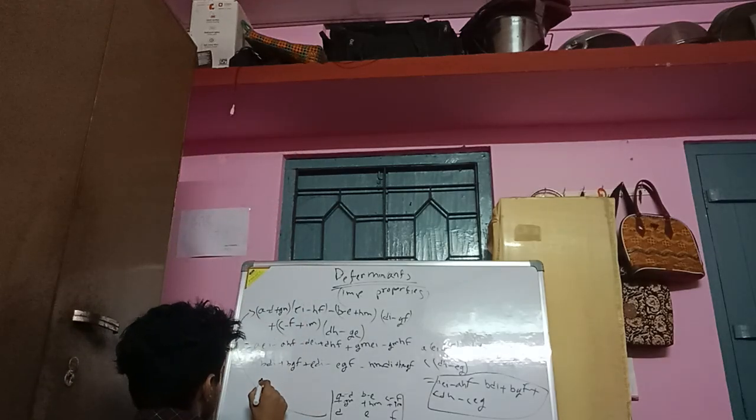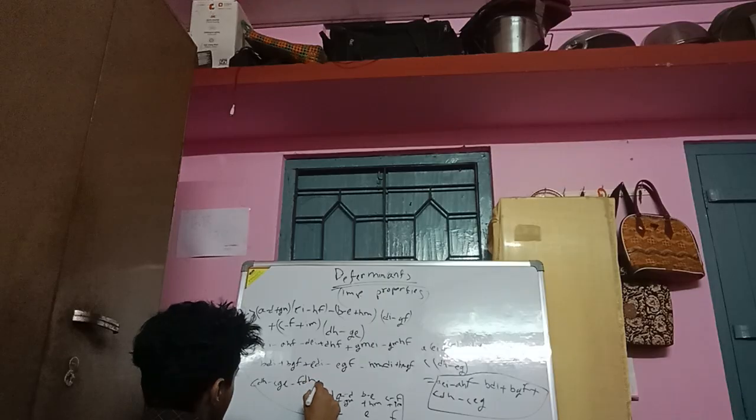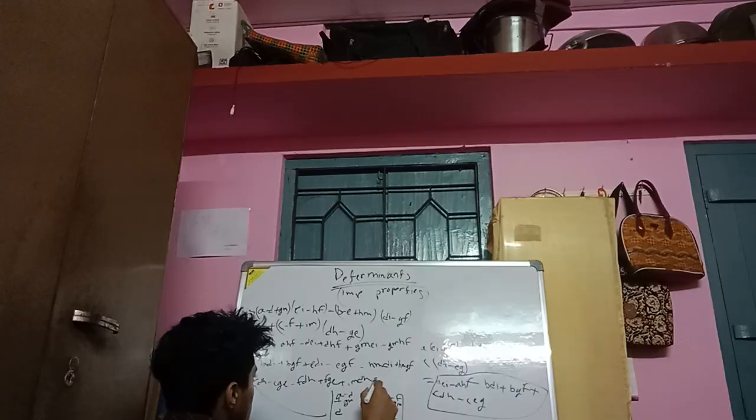this one would give us CDH minus CEG minus FDH plus FEG plus IMDH minus IMEG. Okay,